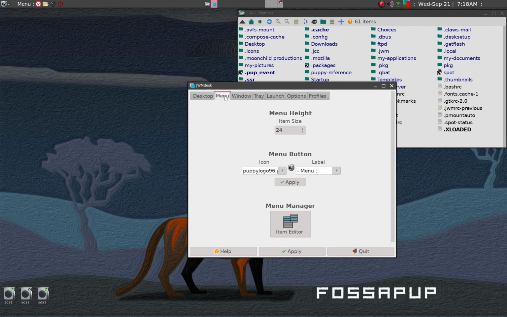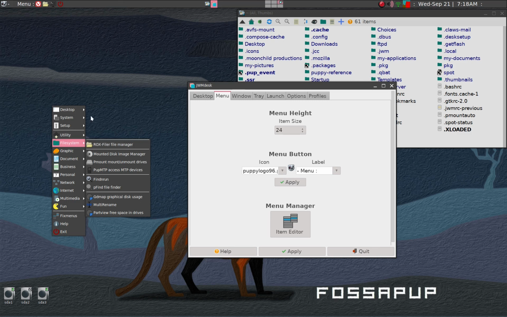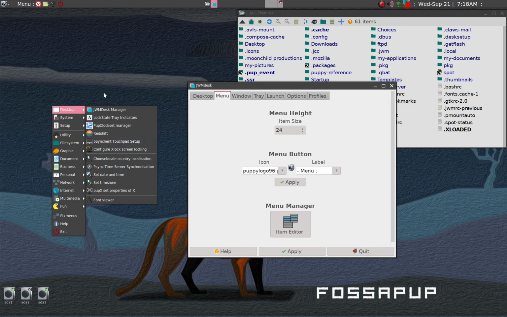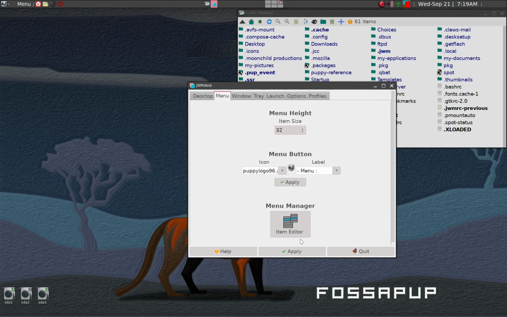We'll click on the tab here, and you'll see the size is 24. Looking at the F12 menu, the height of this is 24 pixels, and we may want to make it a little larger. The main problem for me is that these letters are pretty small right now, so we'll go ahead and make that a 32,